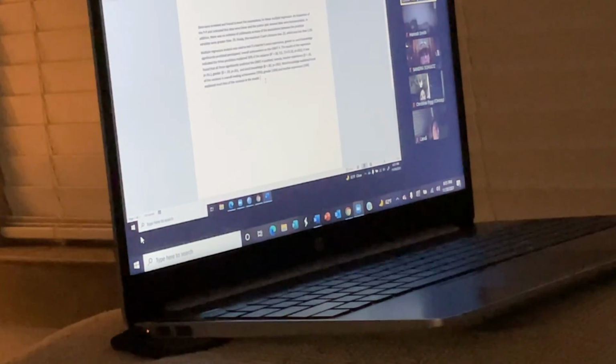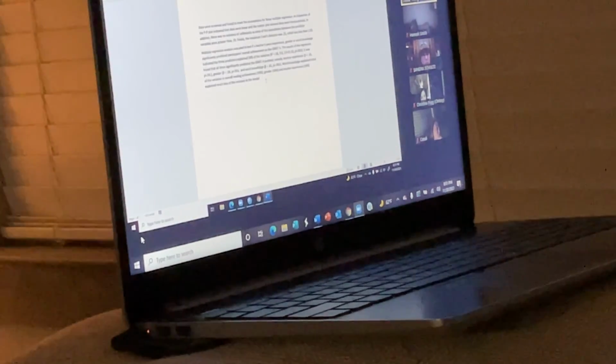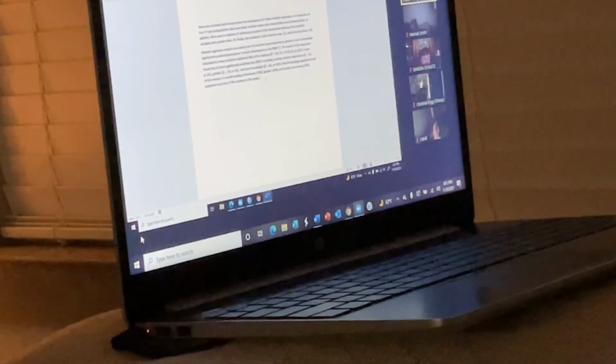So again, you just take your project and you carefully reword it and add new numbers, which is pretty much what I do all the